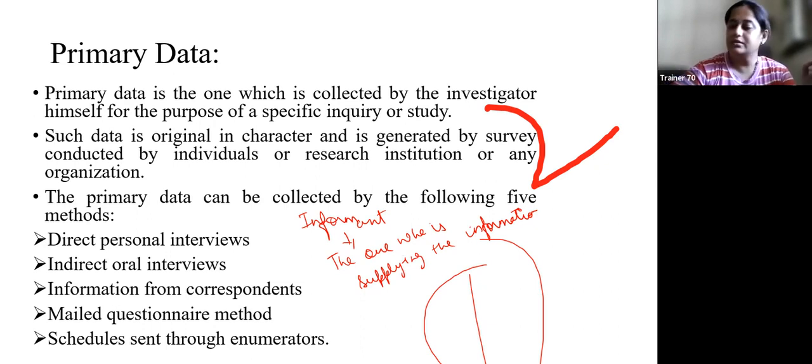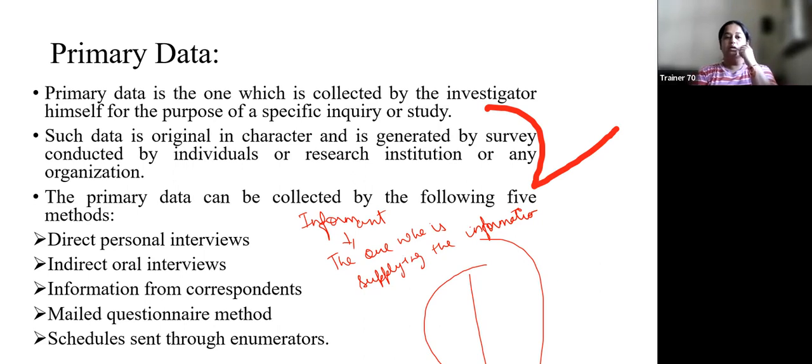Now, this method is having some advantages as well as some disadvantages. So the advantages are, since the interviewer is meeting the persons directly, तो एक trust बनता है, आप शायद informations accurately provide करो, data जो collect होगा वो शायद reliable collect होगा. This is the advantage. But disadvantage क्या हो सकते हैं?